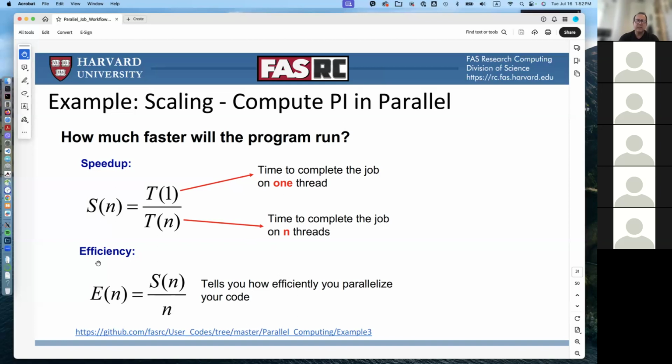Related to this is also the notion of efficiency. The efficiency tells you how efficiently you parallelize your application. And the strict formula for this is this one over here. Basically, it is the speed up for the specific number of cores or parallel processes, over the number of processes. Okay, so